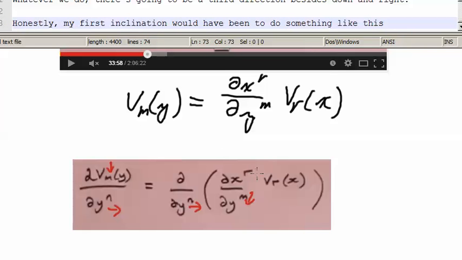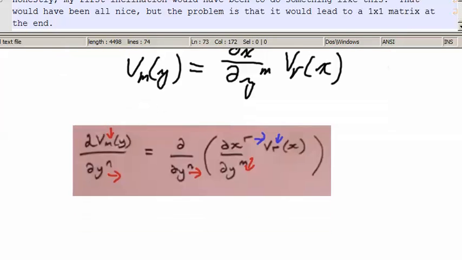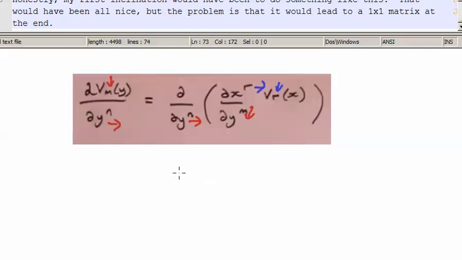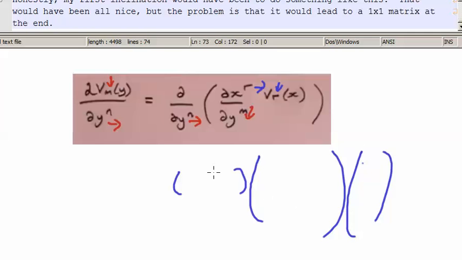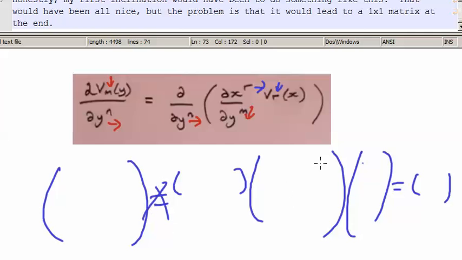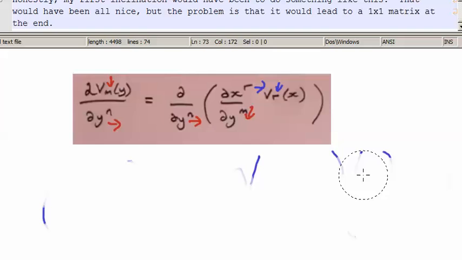Honestly, my first inclination would have been to do something like this. That would have been all nice, but it would have led to a 1 by 1 matrix at the end, as we would have a 1 by 2, 2 by 2, and a 2 by 1. This would have ended up with a 1 by 1 matrix, and this would have ended up with a 2 by 2 matrix, and that can't be the case. But let's not worry about that yet. I'm going to erase that and